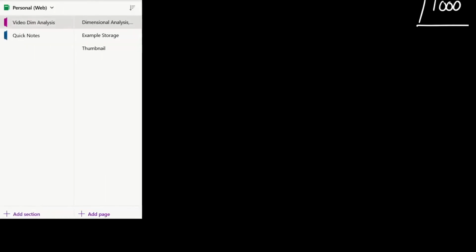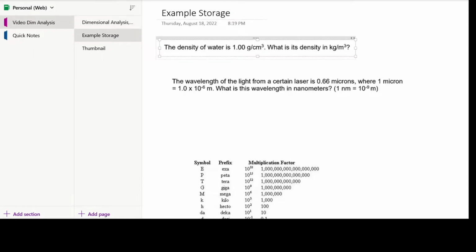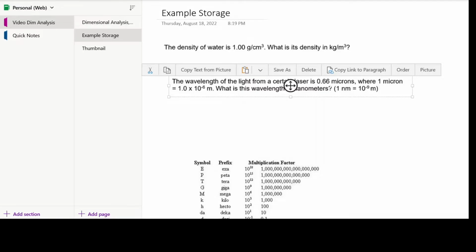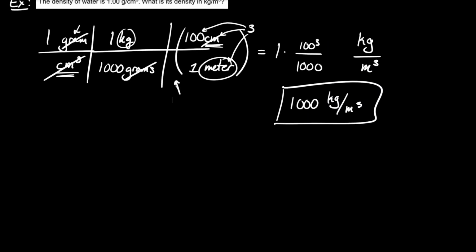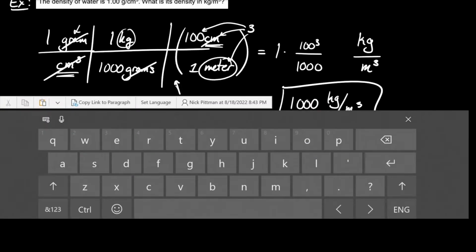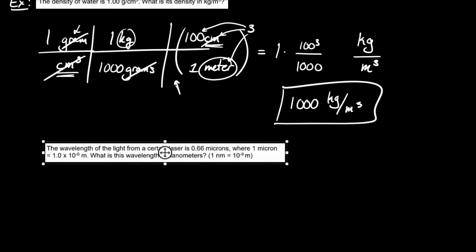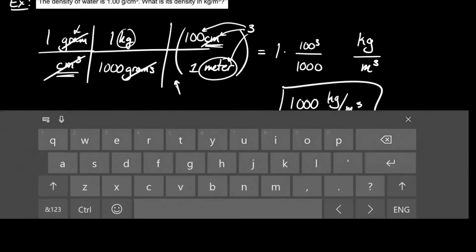Alright, we're going to do another example now. This example is going to be sort of practicing with scientific notation a little bit as well. Just remember, if you are unfamiliar with scientific notation or you want a quick review, we should have a video out preceding this one. If not, it might come out after. So give that a check out if you want any review on scientific notation. All right. So our second example,